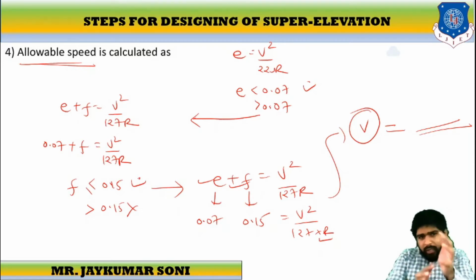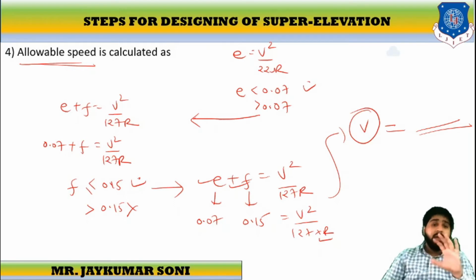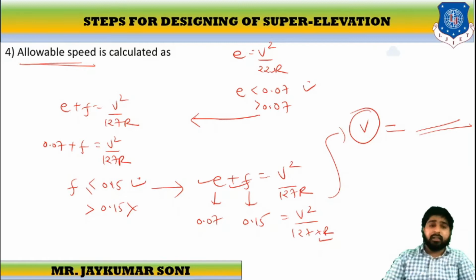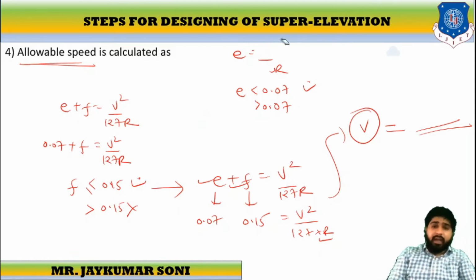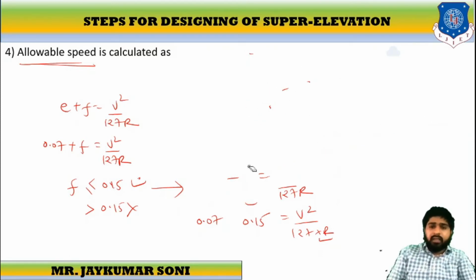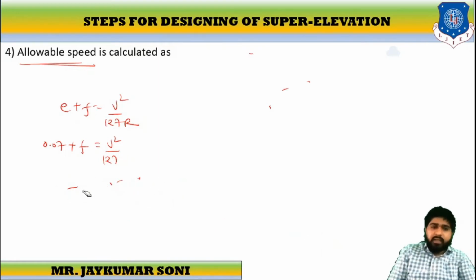After calculating all these things, what we are trying to convey is that the speed given in the initial phase was not correct as far as the E and F criteria are concerned. So this is how we can design the super elevation. I am repeating this once again, stay focused, on what we have to do in order to design the super elevation. Then we are also going to calculate certain examples and numericals, but till then, stay focused.